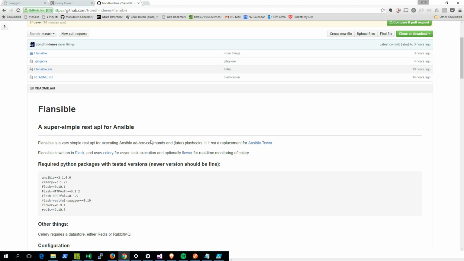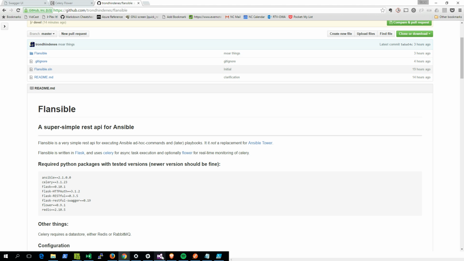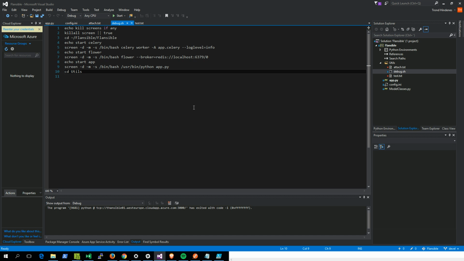I'll first, I guess, show the setup. So I'm running a Ubuntu 14.04 node here, which has Ansible installed, and I've also just downloaded this package. And if you clone my Git repo in the utils folder, you'll see this debug, which is basically how I start this stuff. So first, I just use screen to set up to be able to run multiple processes in